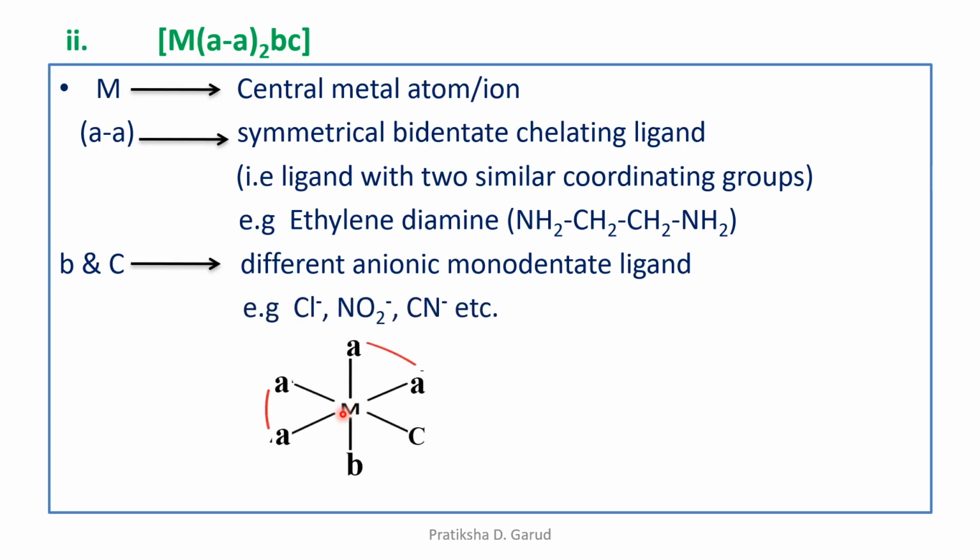So we are having the cis isomer and the trans isomer. So this is the cis isomer and the second one is the trans isomer. So how to find out the cis isomer and the trans isomer? Depending upon the position of B and C. Now here we don't have any similar ligands. So depending upon the position of B and C, when they are towards the same side, it will be considered as cis, and when they are towards the opposite side, it will be considered as trans.